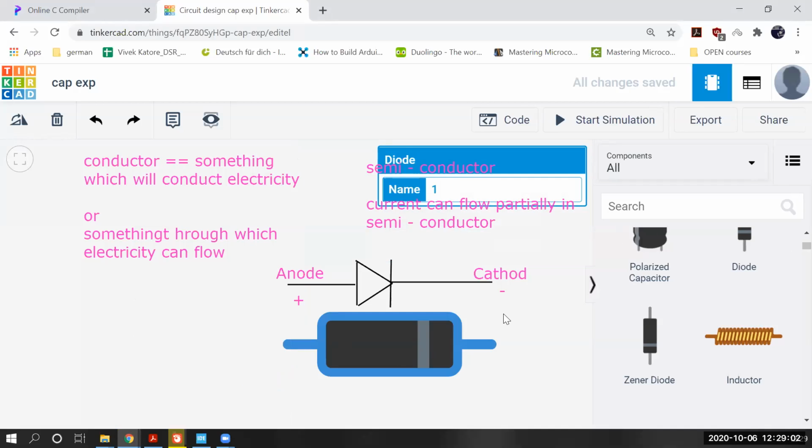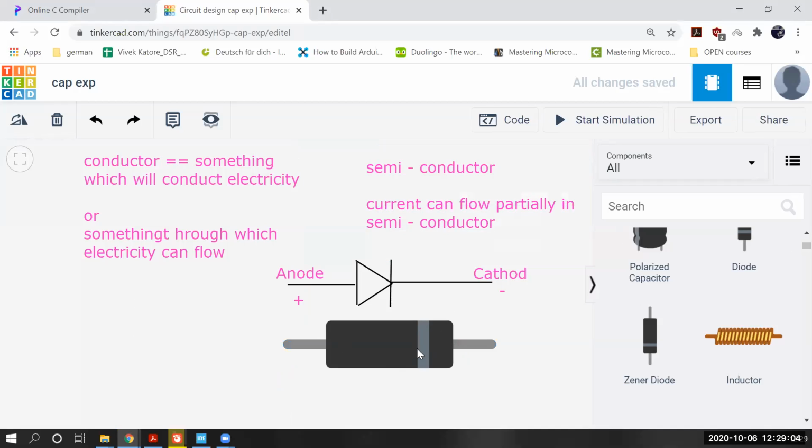Here also, on the diode, the same thing is happening. This side is which side? Cathode. So what is on the cathode side? A strip. So that it is the negative side. Simple as that. If you change your way of looking, you will get it: the strip is just like a symbol of minus. Suppose this is a minus sign, so here it becomes the minus terminal.